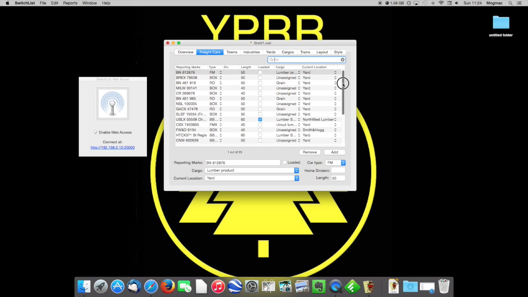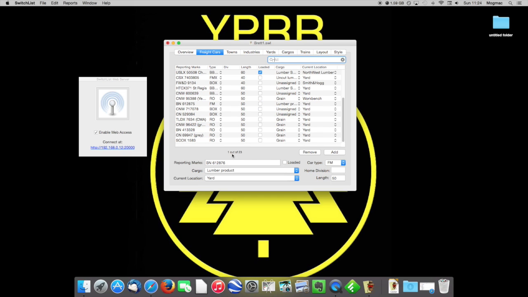Freight cars is a list of the freight cars that I have available to me, the actual models. And again, it's a fairly straightforward case of adding to this list the reporting marks, the cargo, and to start with its current location. This will change as you go through the operations, and the program changes that location for you. The cargo is something I'm still playing with because I'm not sure whether it's best to assign specific cargoes